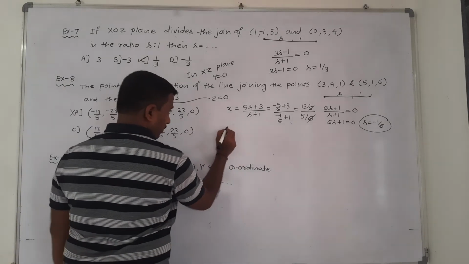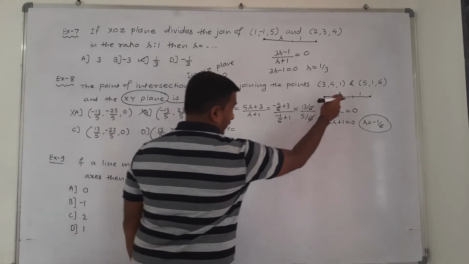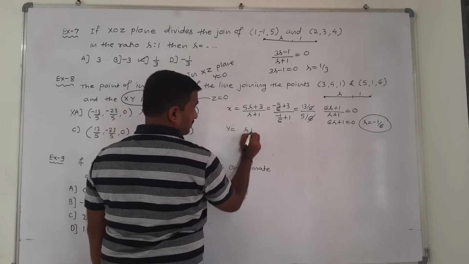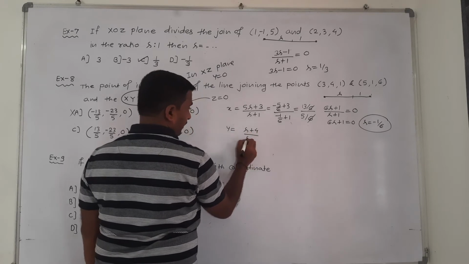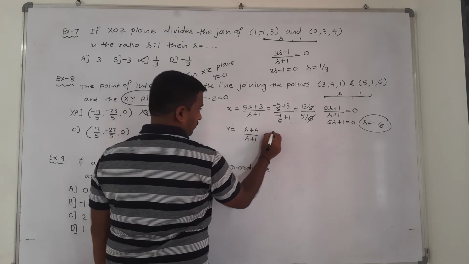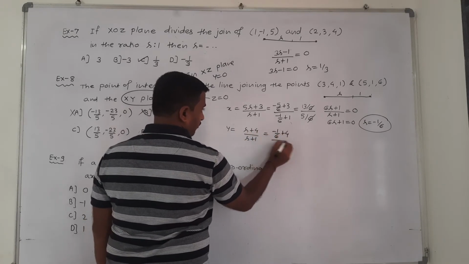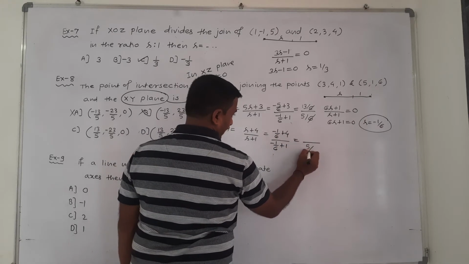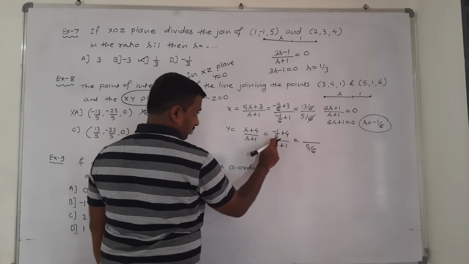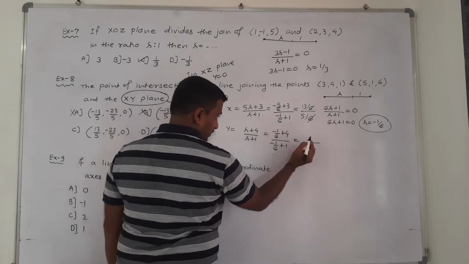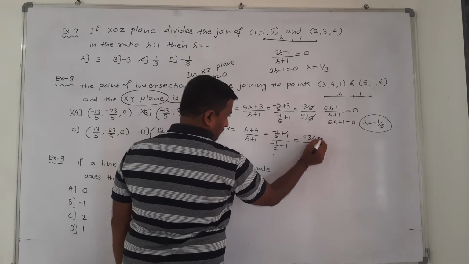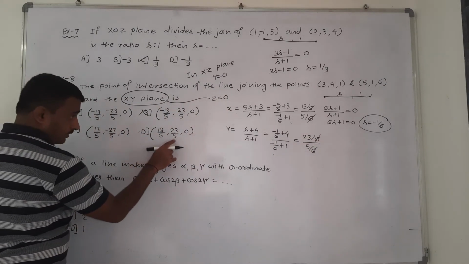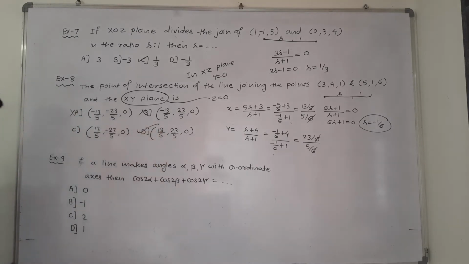C or D. Now we want the y coordinate, that is lambda into 6, lambda plus 1 into 4, 4 lambda plus 1 again. Lambda is equal to minus 1 by 6 plus 4 upon minus 1 by 6 plus 1. Denominator is 5 by 6, already calculated. This is cross, 6 4s are 24 minus 1, 23 by 6. 6 cancel, 23 by 5. Y coordinate is 23 by 5, D option.